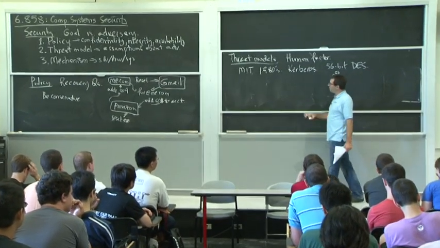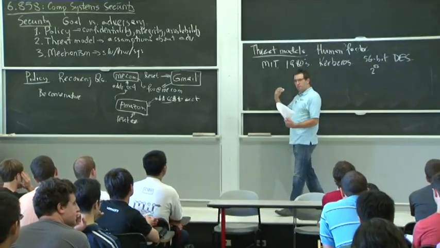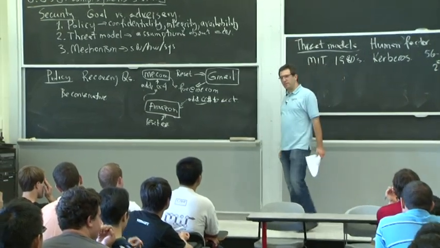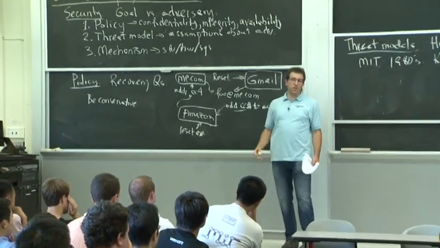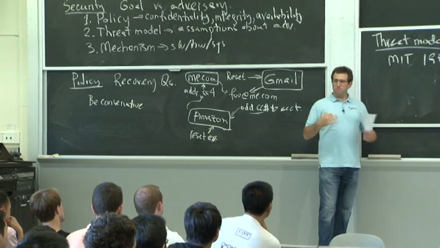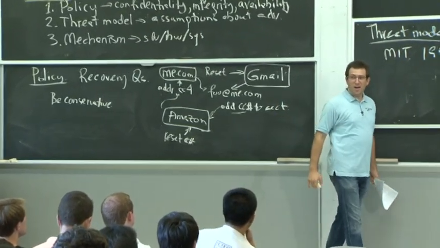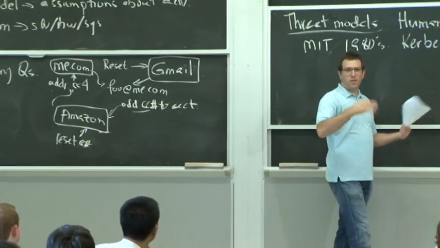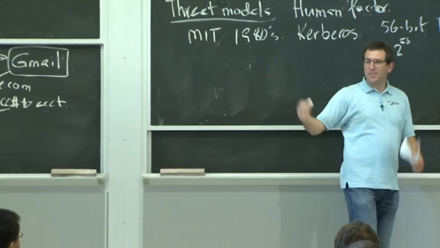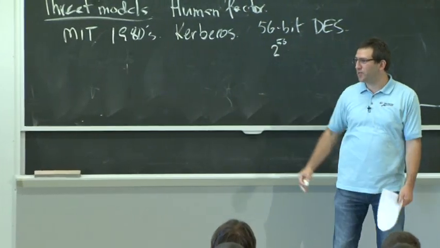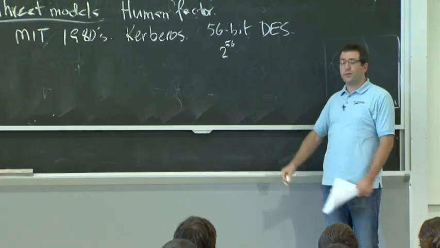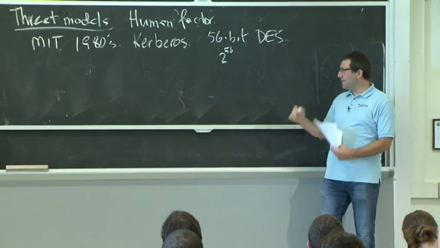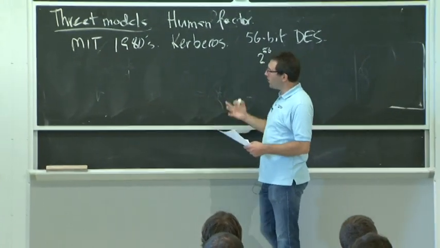So you really have to be careful with your threat model and balance it against who you think is out to get you. I think it's going to be a very expensive proposition if you're going to try to protect yourself from the NSA, really. On the other hand, if you're just protecting yourself from random other students snooping around in your Athena home directory or whatnot, maybe you don't have to worry about this stuff as much. So it's really a balancing game in picking the right threat model.